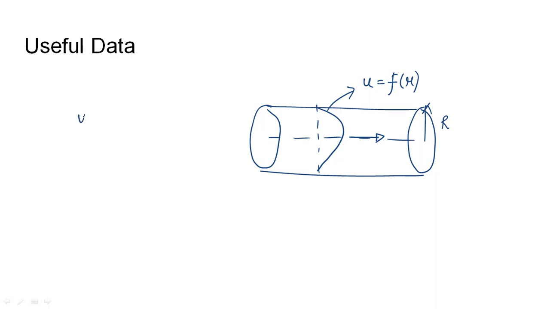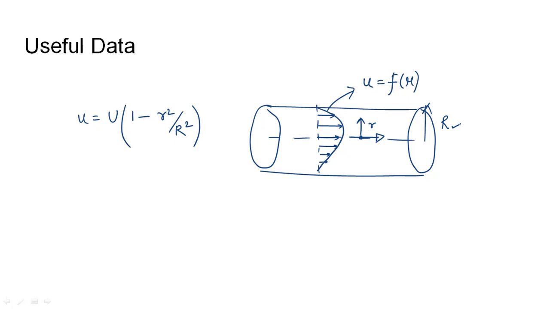In this case, u is given as capital U into 1 minus r square by R square. The velocity everywhere is parallel to the axis of the pipe, as it should be in the case of laminar flow. r will be the radial distance from the center line of the pipe,